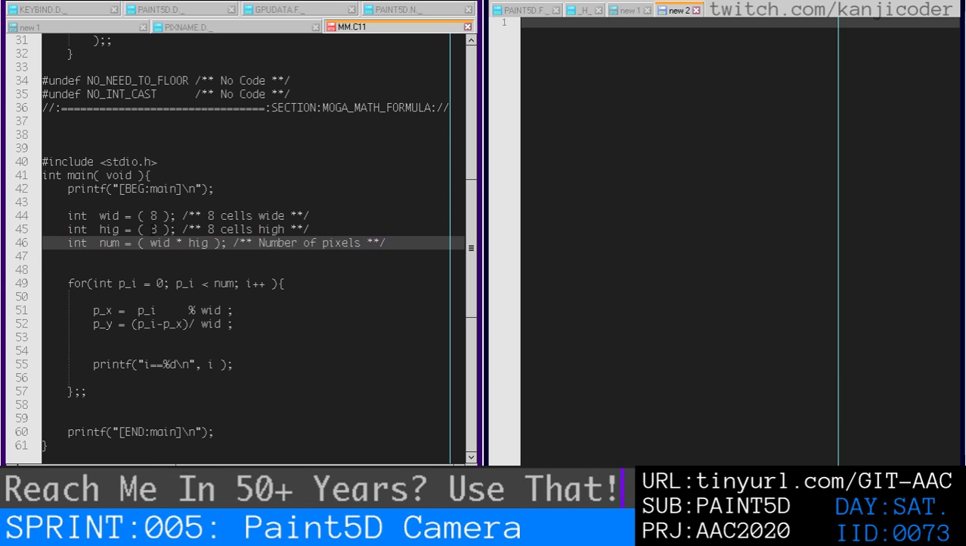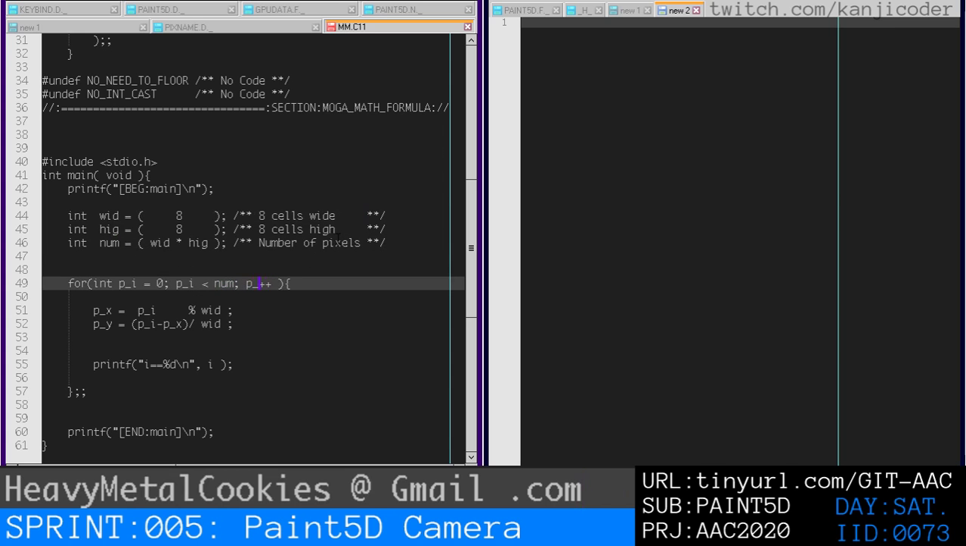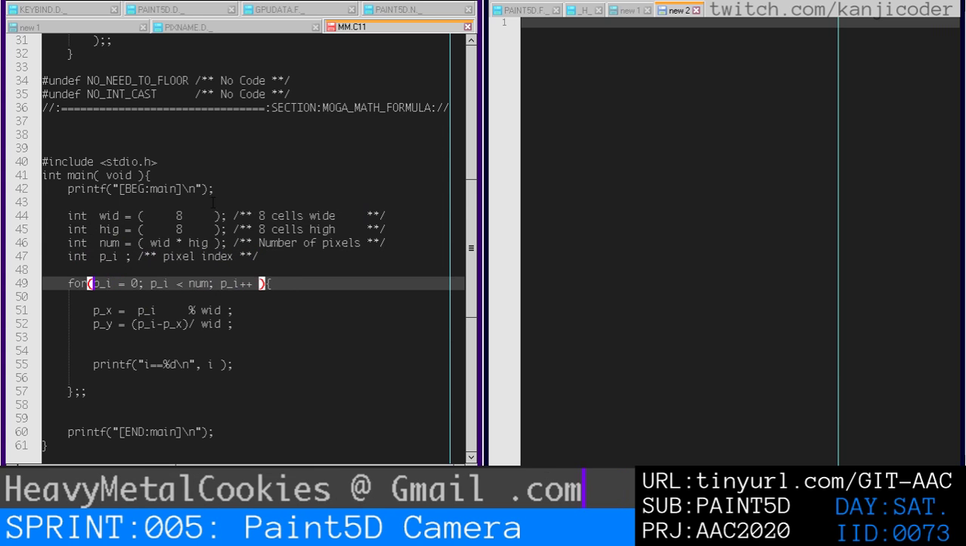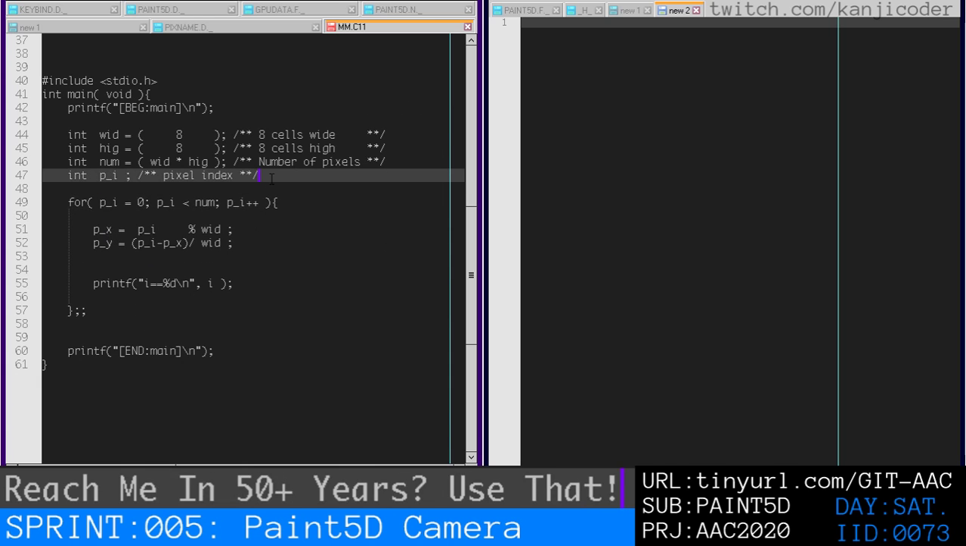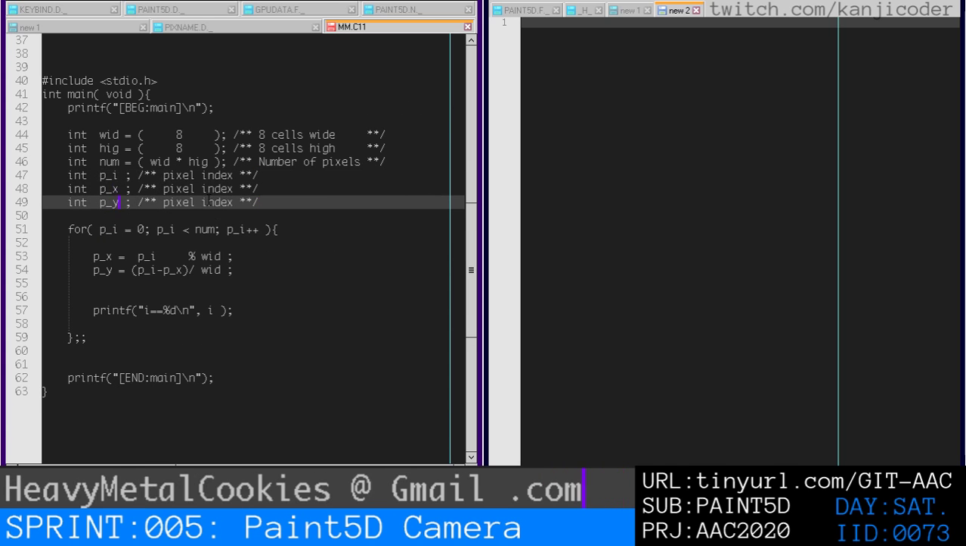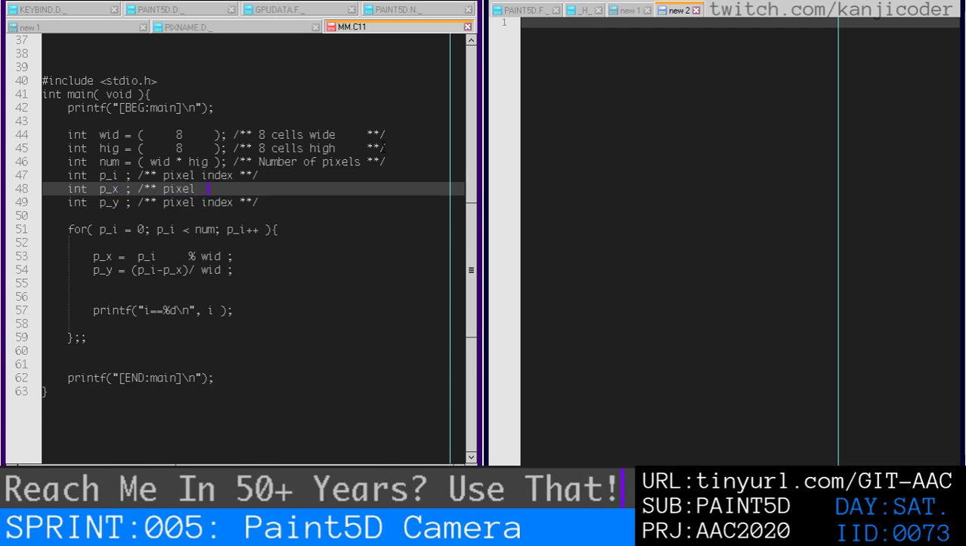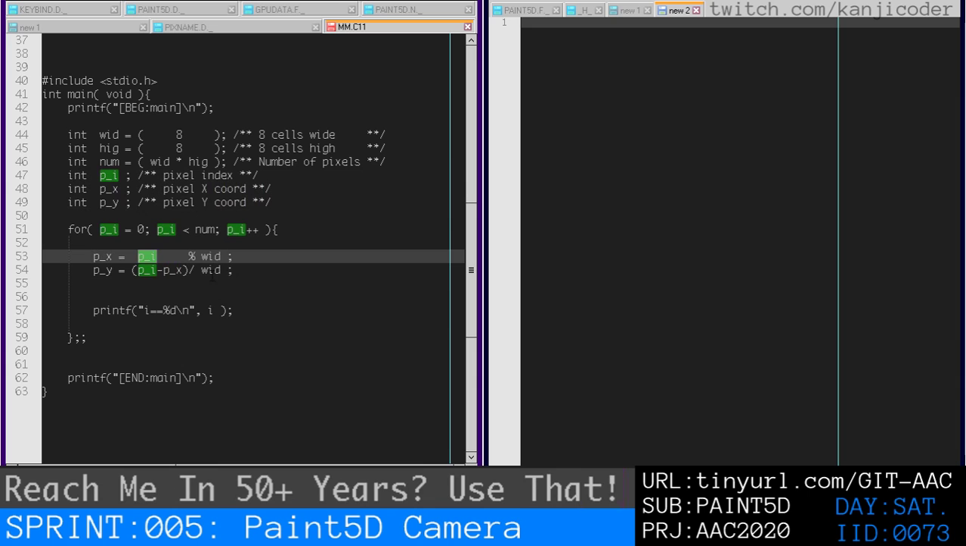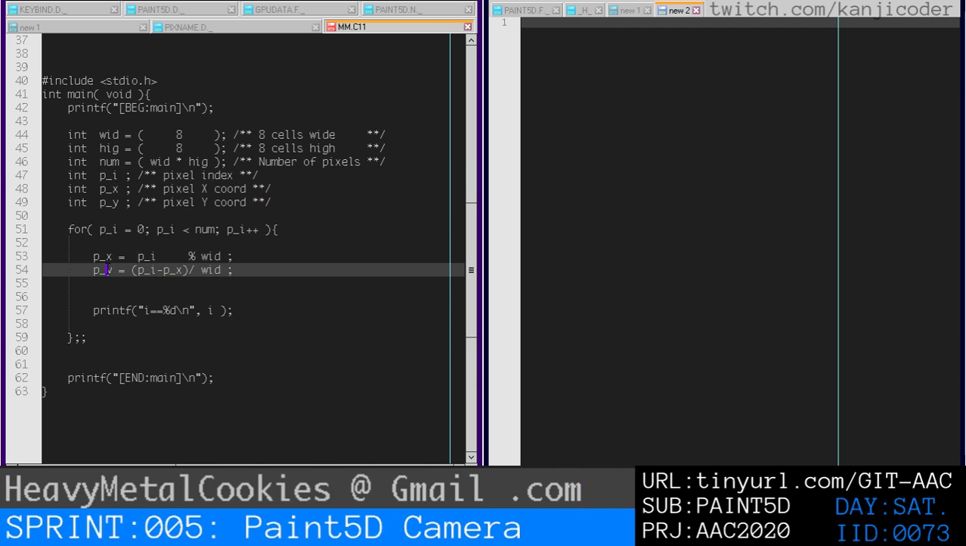Okay, so this is the number of pixels, and pi is the pixel index. Let's get rid of this int here and just call it pi. This is pixel x coord, and this is pixel y coord. So we're going to do pixel x equals this, pixel y equals this, and the next thing we want to do is